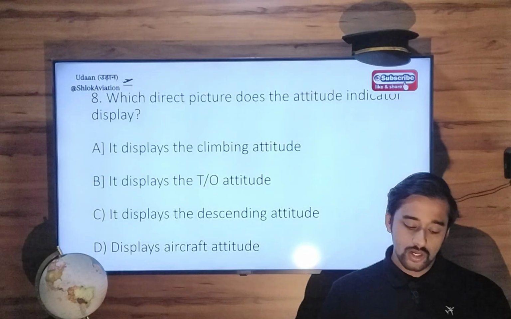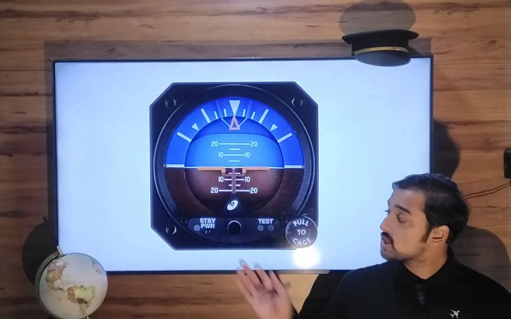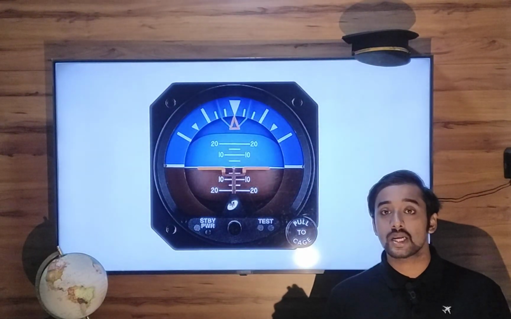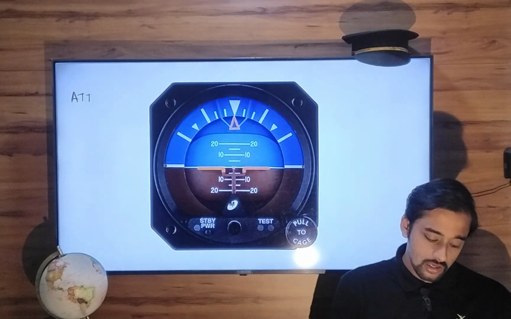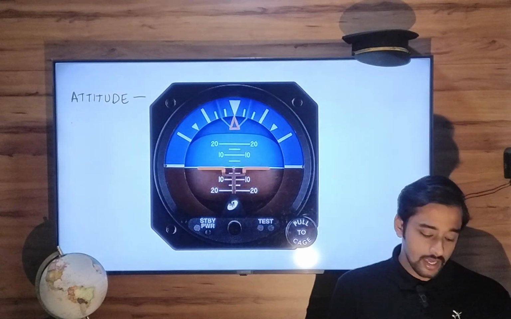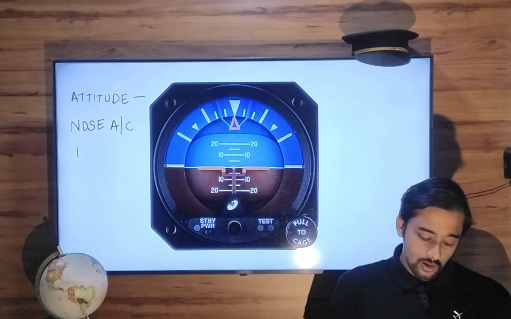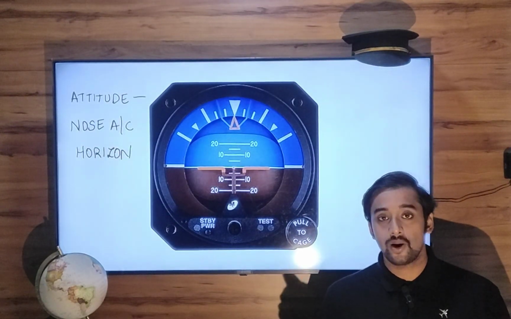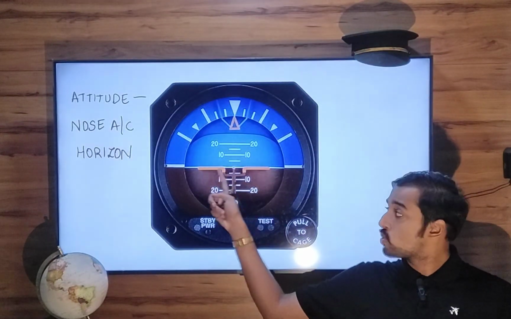Question 8. Which direct picture does the attitude indicator display? So this is your attitude indicator. Now this attitude indicator can be used to determine attitude of aircraft. What is attitude of aircraft? Attitude represents the relation between the nose of your aircraft and the horizon. That is called attitude. Okay, now in this case, the attitude of aircraft, that is the nose of aircraft, this